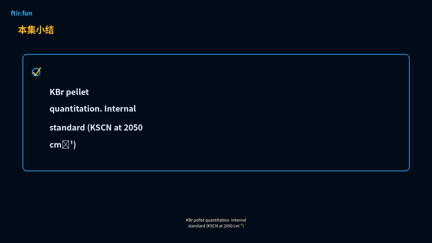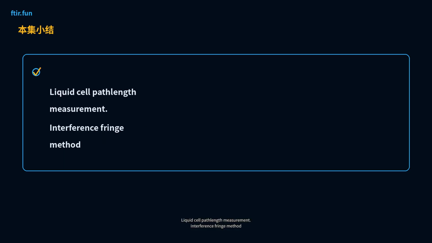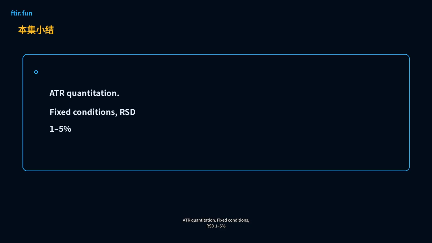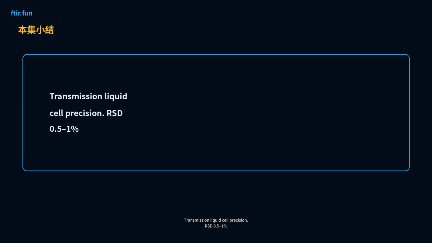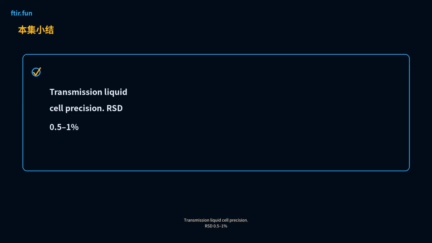Internal standard: KSCN at 2050 cm⁻¹. Liquid cell path length measurement: interference fringe method. ATR quantitation: fixed conditions, RSD 15%. Multi-component quantitation: solving simultaneous equations, PLS. Transmission liquid cell precision: